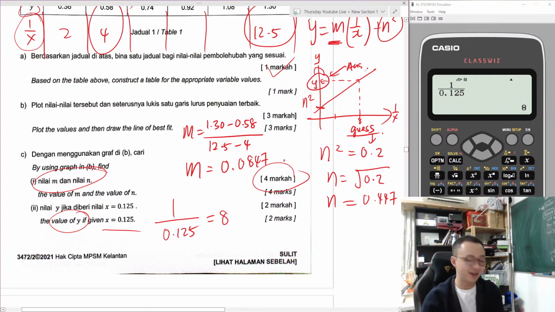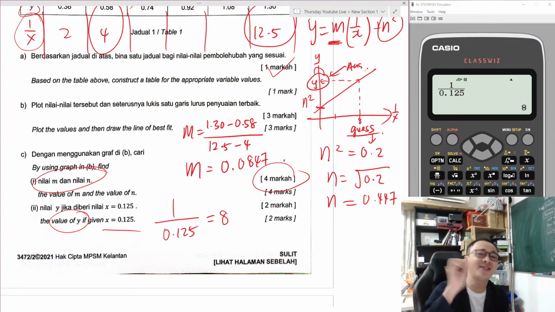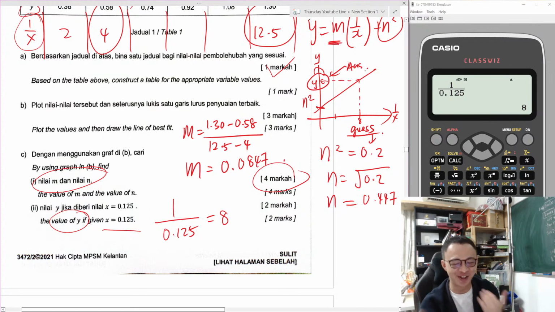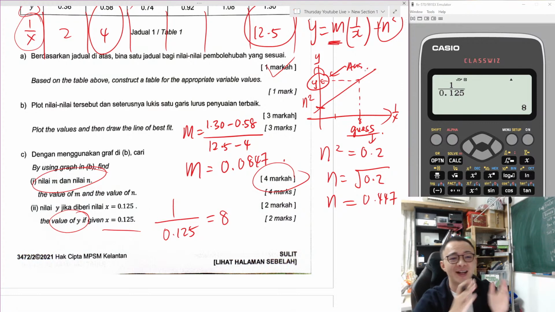Because a lot of students, they see, oh, x equals to 0.125. They are so happy, straight away find 0.125 from the x-axis. And I can sure tell you it is wrong. Okay, please make sure you do the time carefully. Alright, I guess the linear law is an easy score question. I hope all of you get it correct. Then we'll move on to the next question.